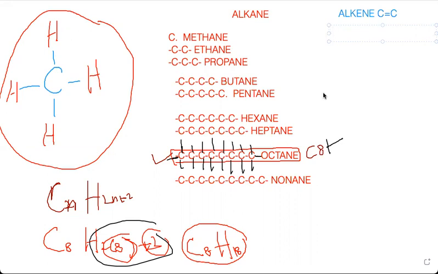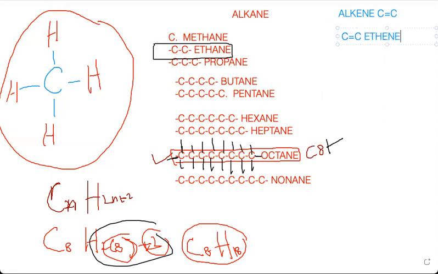So there is no alkene of methane. So it means we have to start from ethane. If there are two carbon and they are joined with a single bond, definitely you can call it ethane. Single bond, ethane. But if you can see a double bond between those two carbons, you can call it ethene.